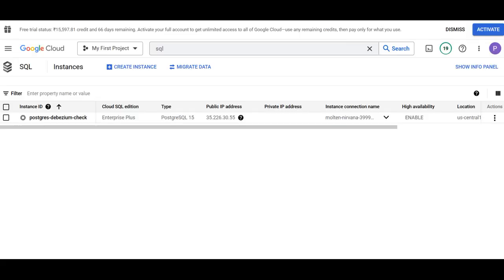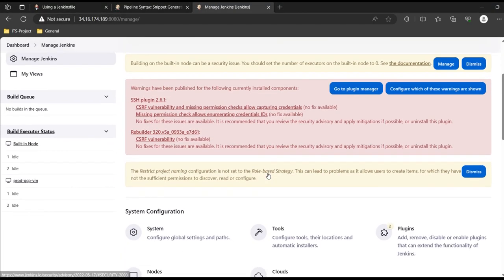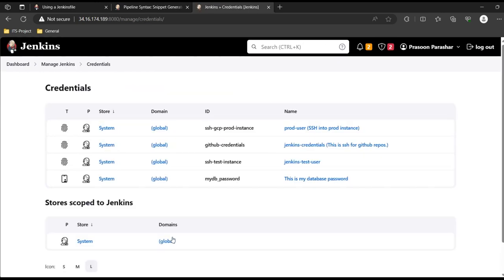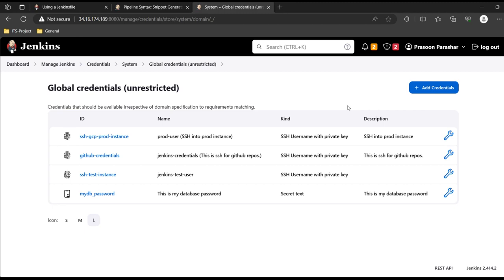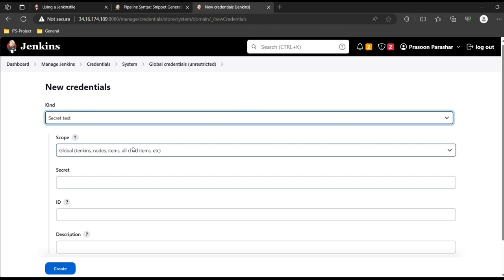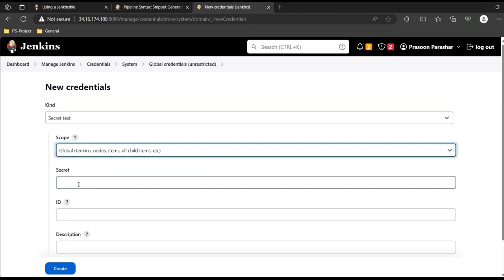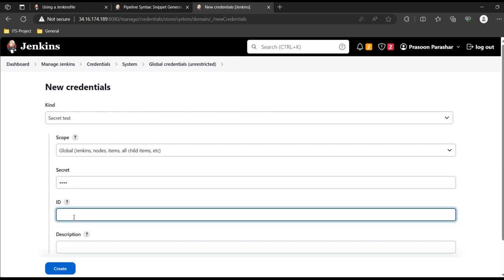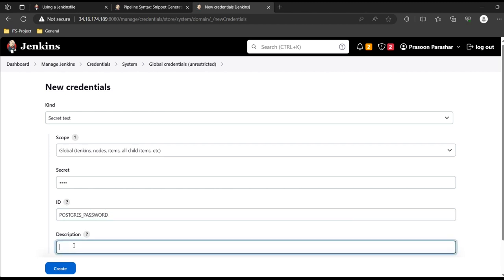Coming to the next topic, how to run a database query using Jenkins. Set up a Postgres database anywhere, I prefer Google Cloud. I have already done it. Now let's save the database password. Go to Manage Jenkins, click Credentials, Global, Add Credentials. We will save it as secret text. Put your password here. Give any suitable ID. We can set it as postgres password. Write some description